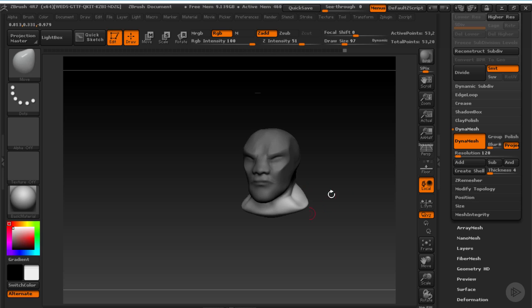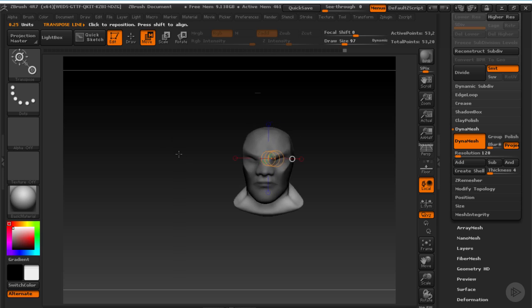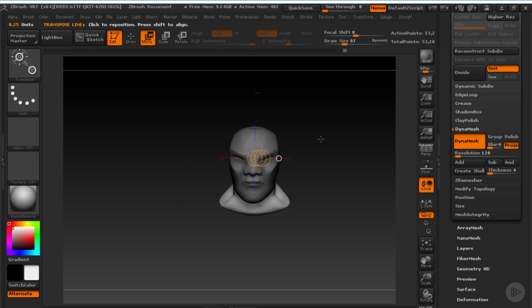So what I could use is my Transpose tools. If I go up here to Move, I'm going to immediately start seeing these little dots appear. Now the Transpose tool is incredibly powerful. It is also incredibly finicky and tricky to figure out. What happens is if I click any of these points, it's going to be a little bit confusing as to what's happening. If you click any other point, you're going to see these things just show up in all sorts of different locations. The Transpose tool is a pain to work with when you start off, but it is